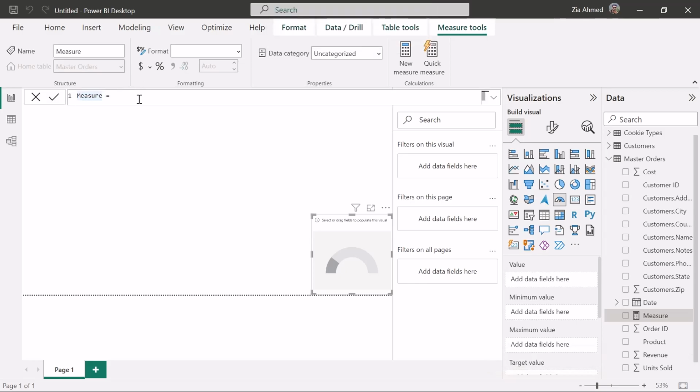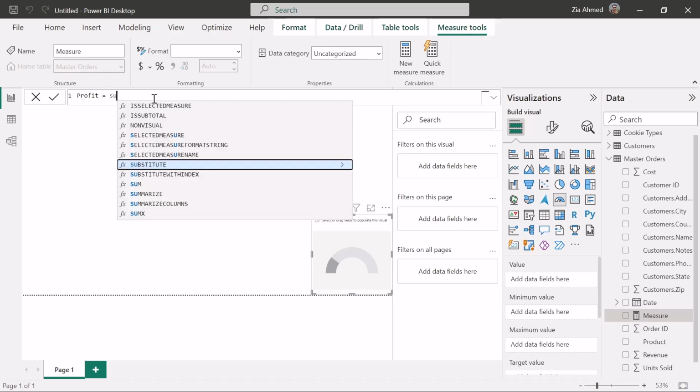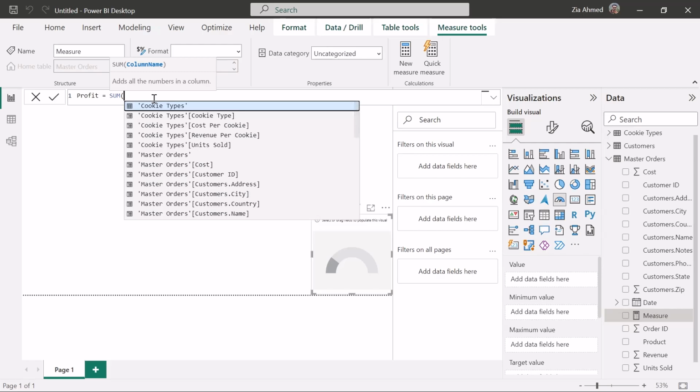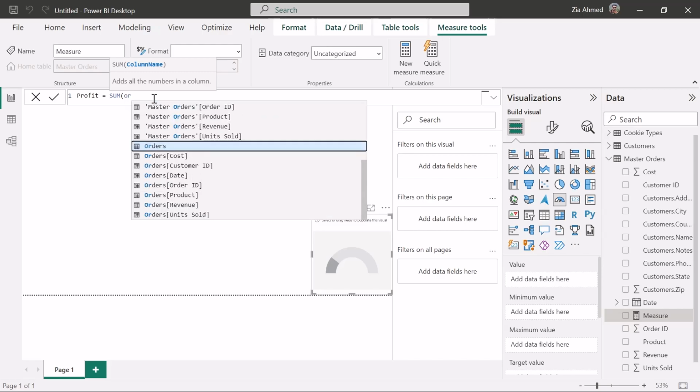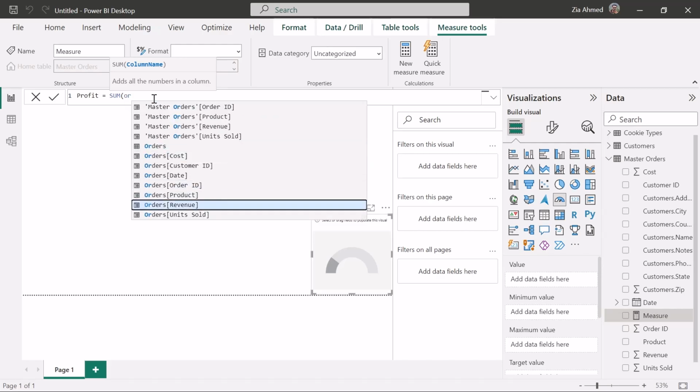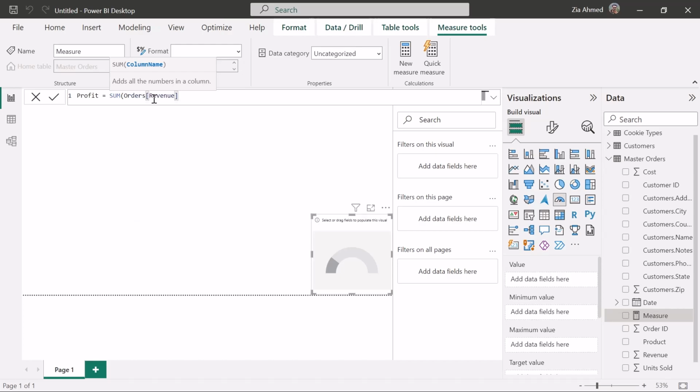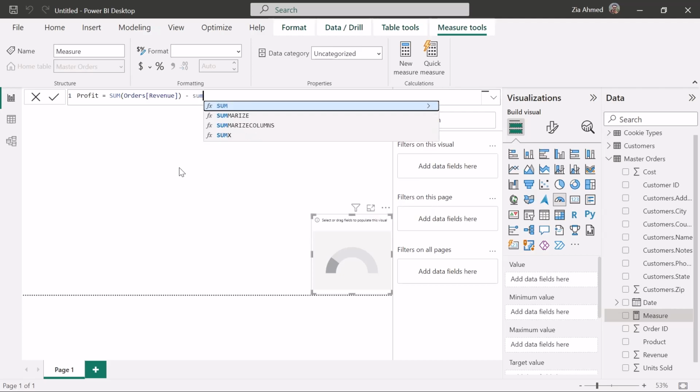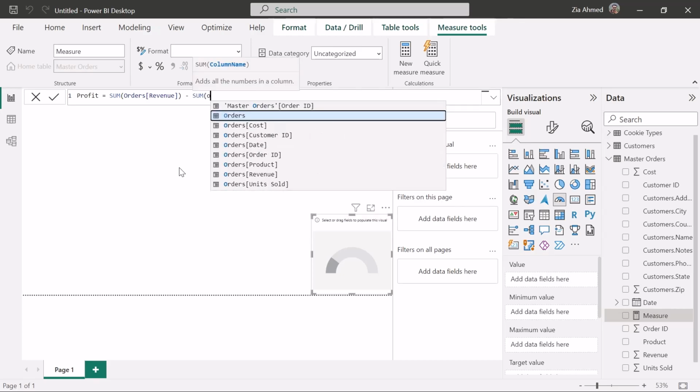So I'll name it as profit, and here I'll say sum of order revenue. Okay, take its sum and close the sum method, and then subtract again the sum of